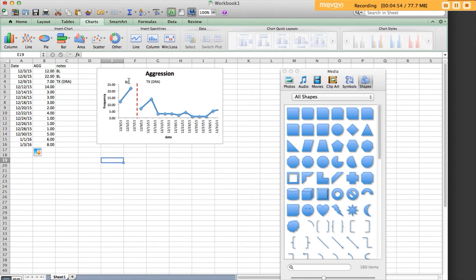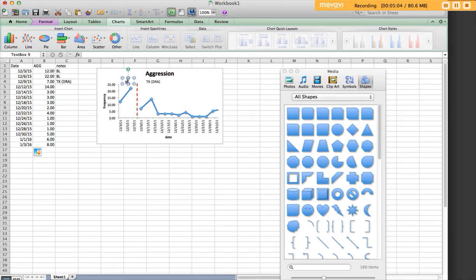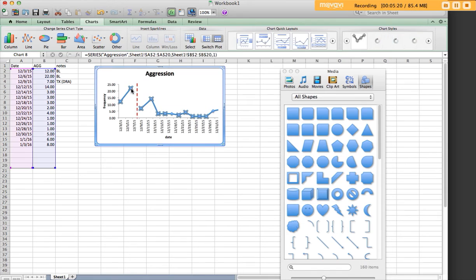Another way to do it, and the other problem that you might see is that when you go to copy this and paste it in some sort of Word document as a report, your text box and your shapes might not go with you. You can select all of them to make sure that they do, but another option for this is to click a data point within, let's say, one of your baseline data points. If you double click that data point and you go into Format, Data Point,